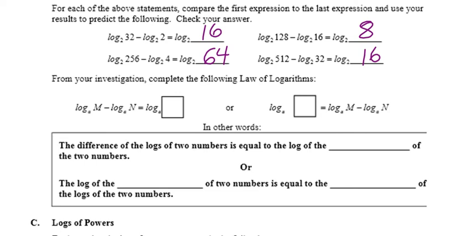Log base a of m minus log base a of n is equal to log base a of m over n. And log base a of m over n is equal to log base a of m minus log base a of n. In other words, or actually in words, because the other one's a formula and these are actual words, the difference of the logs of two numbers is equal to the log of the,